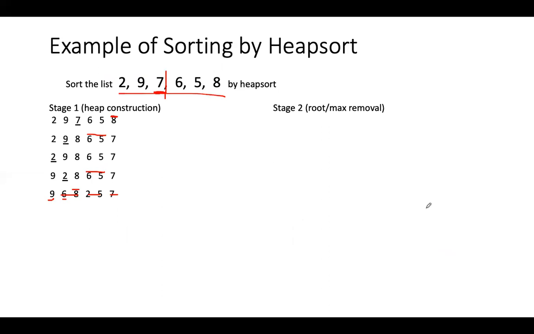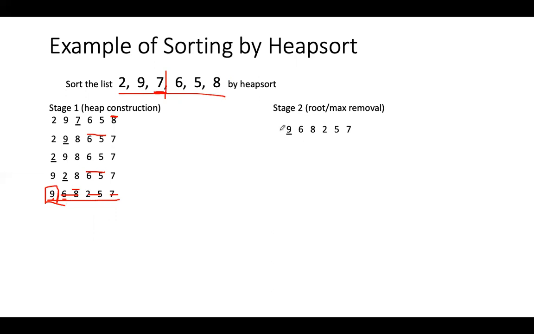Okay, the heap we got. Next stage is root removal. See, largest element. What is the first step? Once the heap is created, it is very evident that the root element is the largest element in the array. This is an array which represents the heap. So you have got the heap, which means the root element is the largest element among all the elements present in the array. So what should be the first step?